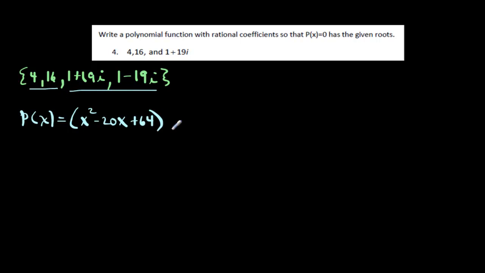These are going to give me another quadratic because there are 2 roots here. If I add these together, the i's will cancel, and I'm just going to be left with 1 plus 1 is 2. The opposite of 2 is negative 2, so that's going to be your middle term. The product of these might be a little bit tougher to figure out,